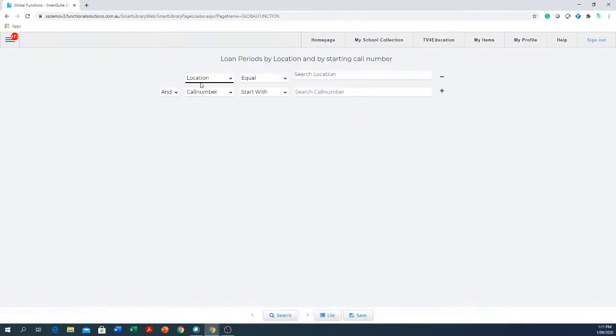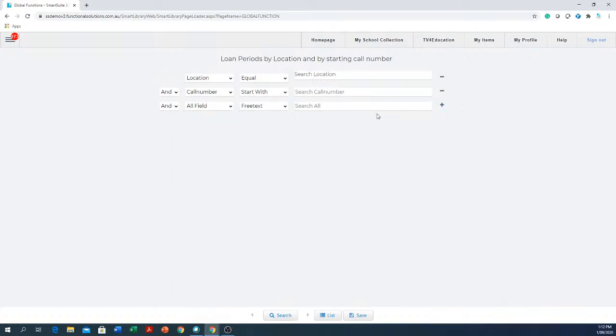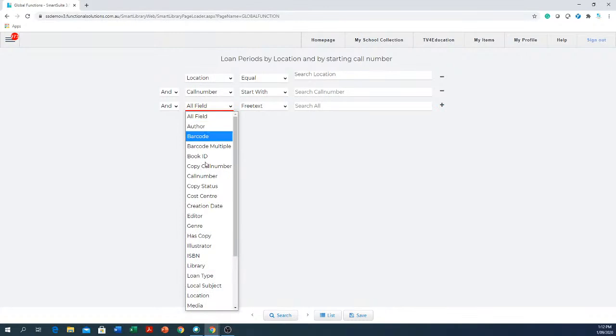Okay, it says, all right, location equal to, so I can go and choose that, and call number starting with, and I can put that in there. And all of a sudden, I have created a brand new global change, which didn't just have that. And by the way, I can say, and I want to say with creation date that was created after a certain date and before a certain date, or and with sublocation equal to this, or and with renewal type equal to this. So you can just keep clicking that plus and then choosing what you want to do with what field,